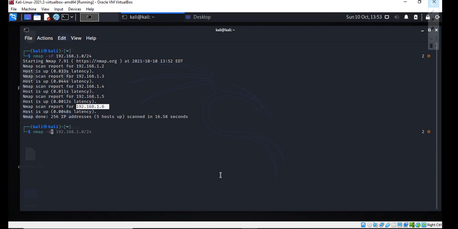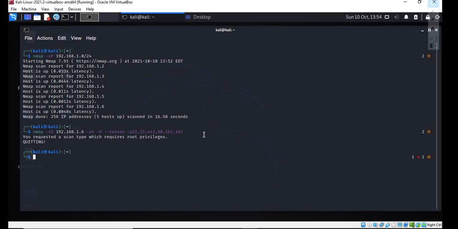To gain more information, he would perform an Nmap scan on this device. Let's say he's performing a SYN scan on this device with IP 192.168.1.6, a verbose scan, to see what information is present in this device and which specific port numbers are open. He also mentions port numbers 161 and 162 here. 161 is the default port number of the SNMP protocol. Let's see whether it's open in this router or not.